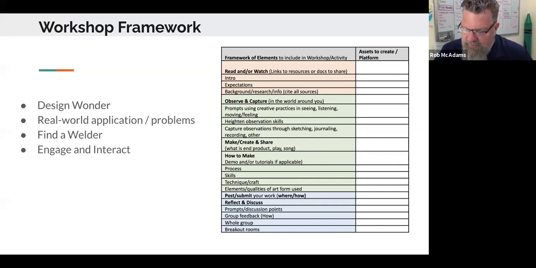But you'll see here, we want you to think in those terms, and it's as applicable to an old school, whatever the normal used to be, working in a classroom or a studio with students, as it is working online. So I think the most important piece is designing wonder. What are the real world applications and problems? And then I put find a welder, and that's the get other expertise